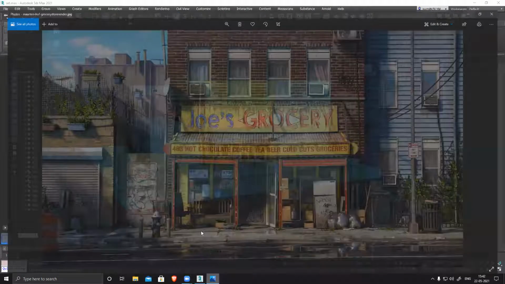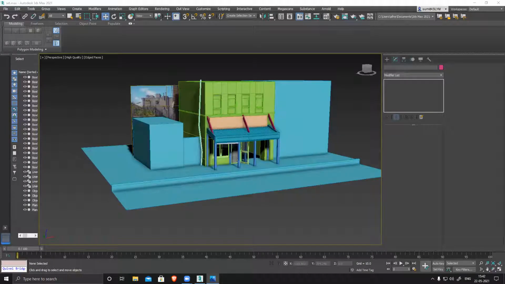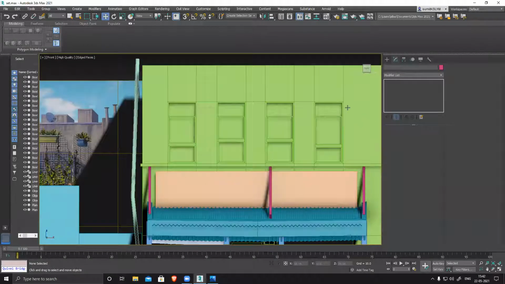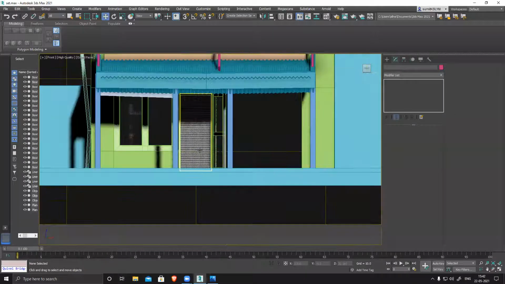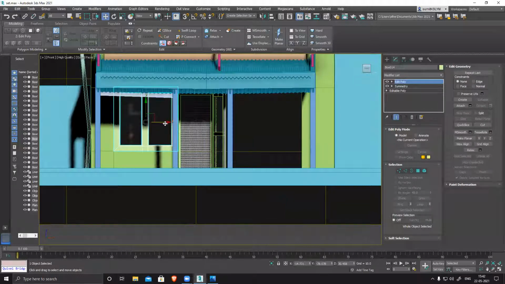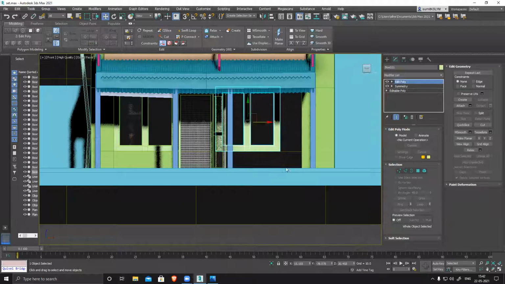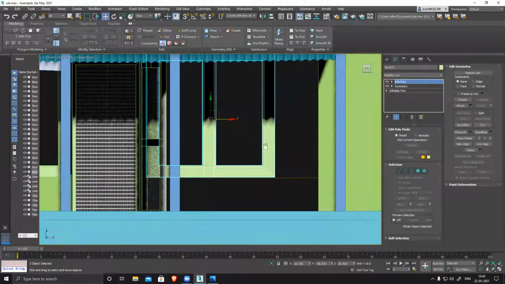Okay, where is my reference? Okay, let's see. So keep your reference always open so that you can see it and check everything. The front, press F and check, see the front side. Now I can create those AC, or okay, let's finish the base part first. Then I'll move to other sections. So select this, shift and move it. So here I can see automatically I have